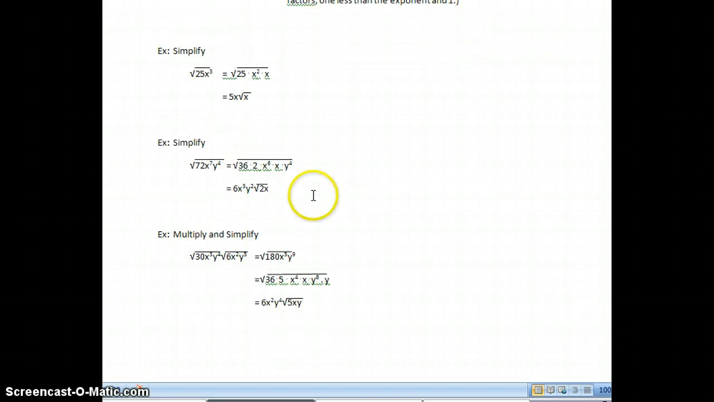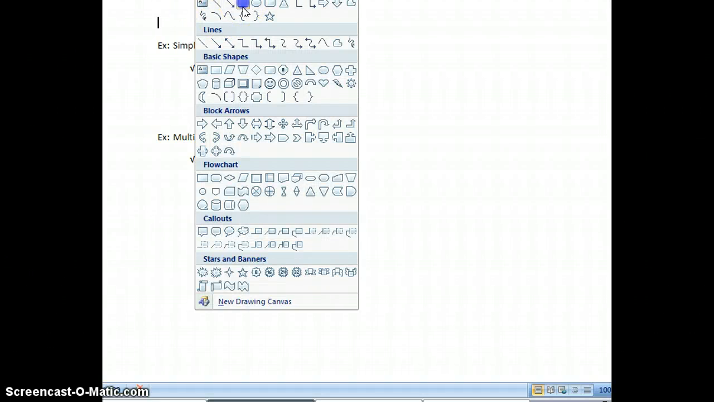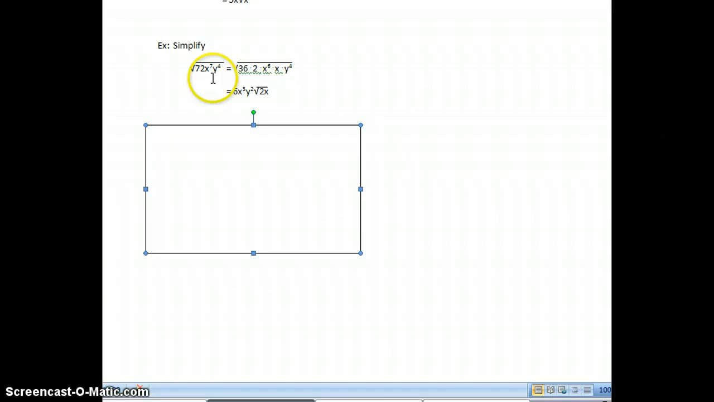Okay, let's scroll down a little bit. Let's take this one. I'm just going to insert a box real quick. Let's say I have: simplify the square root of 72x to the 7th y to the 4th. Now 72 is not a perfect square, so what I'm going to do is break it into factors where I can find a perfect square. You might have thought 9 times 8, and yes, that would work, but if I take a higher one,